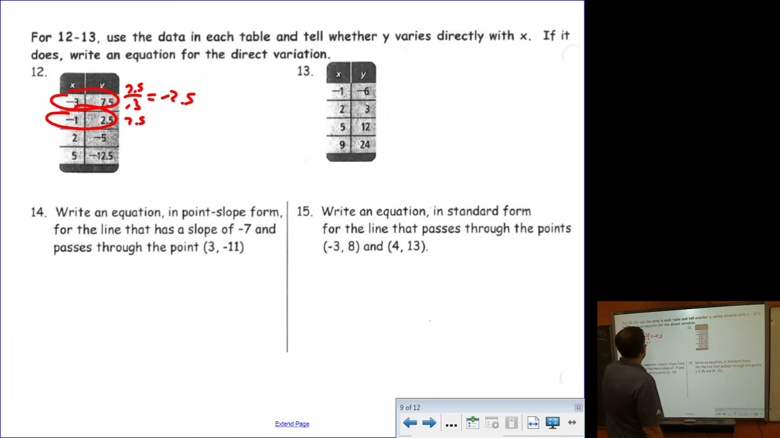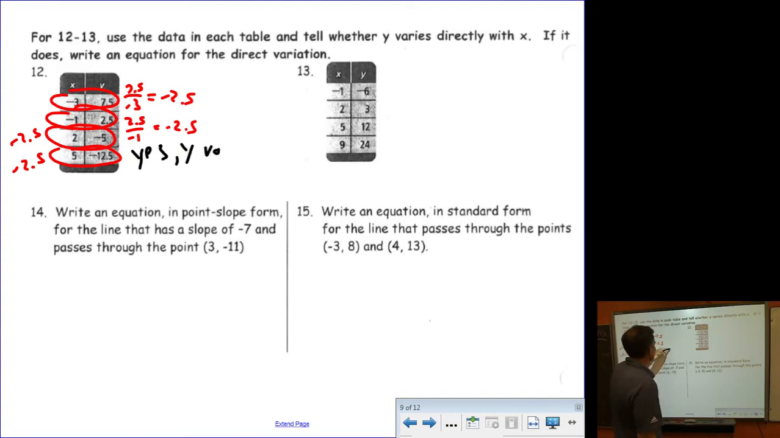Certainly, 2.5 over negative 1 equals negative 2.5. Negative 5 over 2 is negative 2.5. And negative 12.5 over 5 is negative 2.5. Since all the ratios are negative 2.5, then that means, yes,